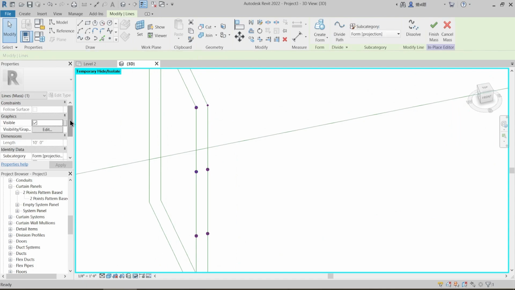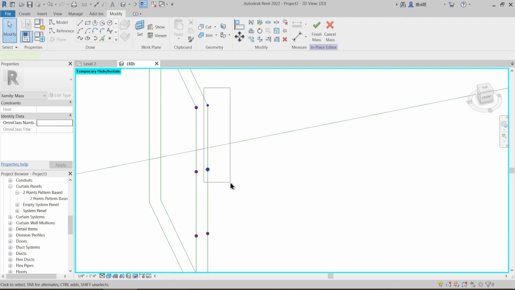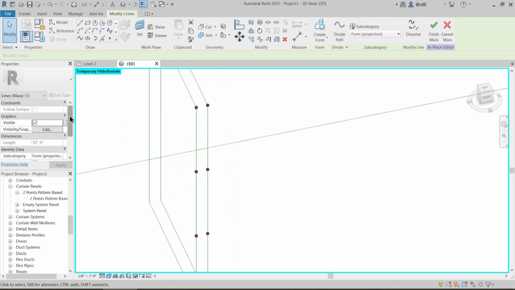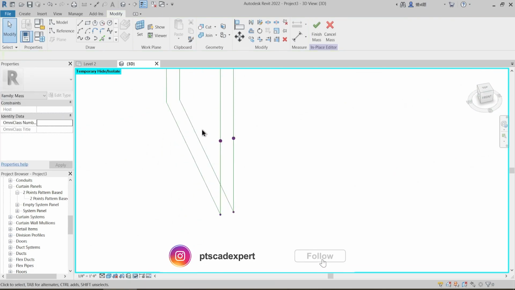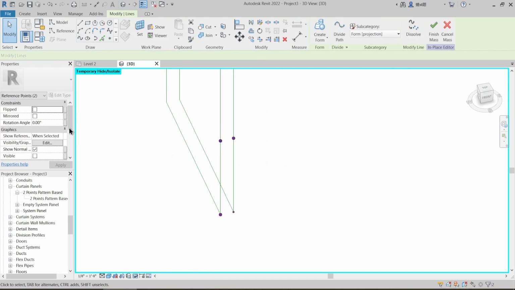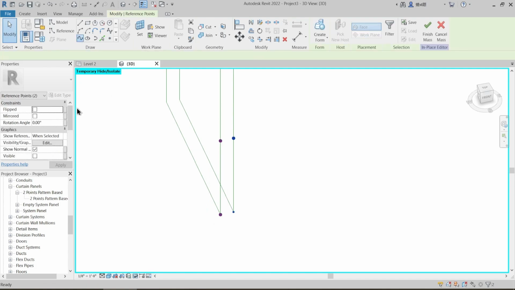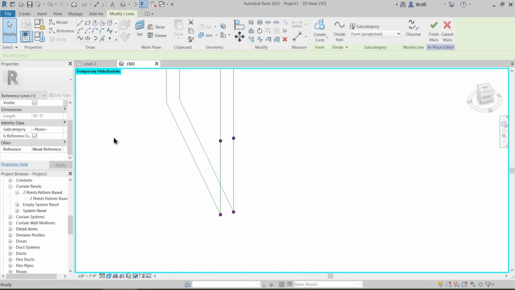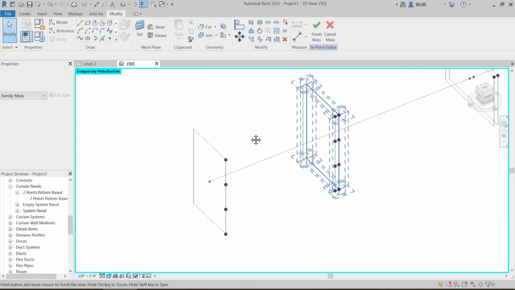Spline through points and reference line, spline through points and reference line, spline through points, reference line, spline through points and reference lines as well. Yeah, so now